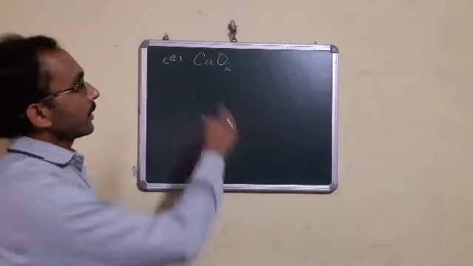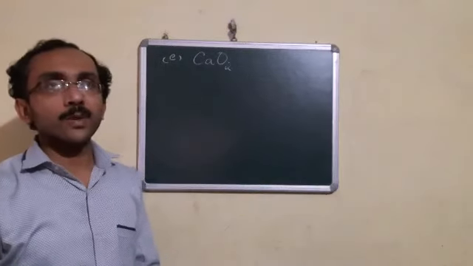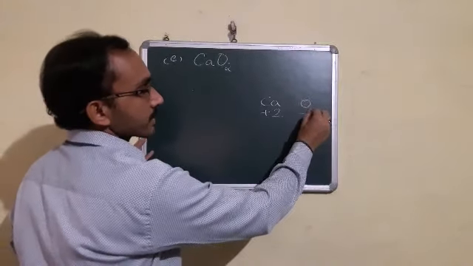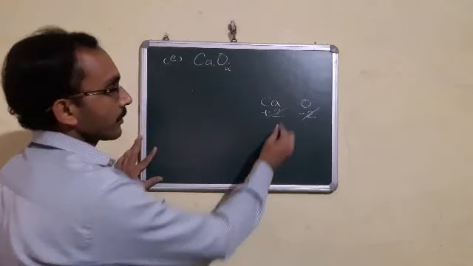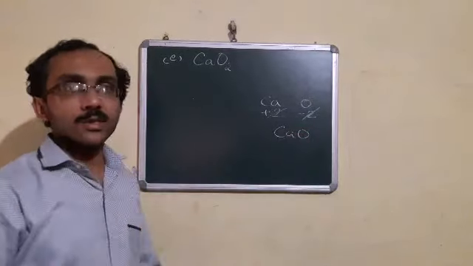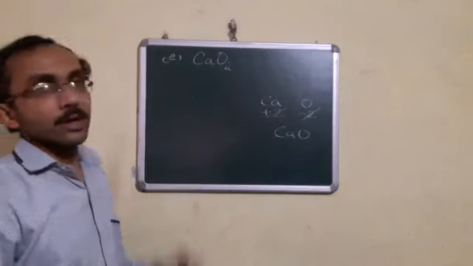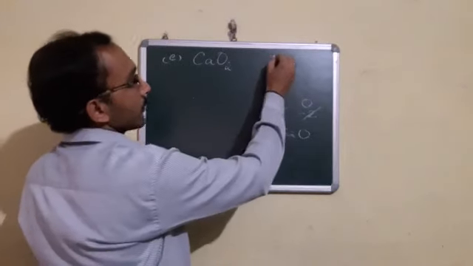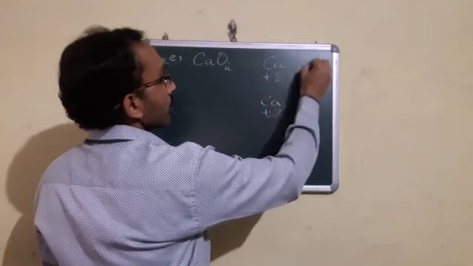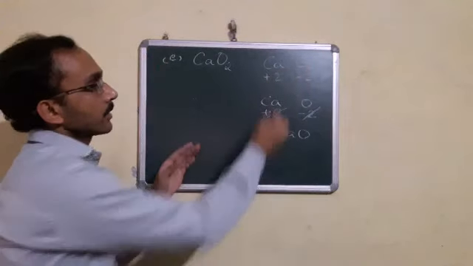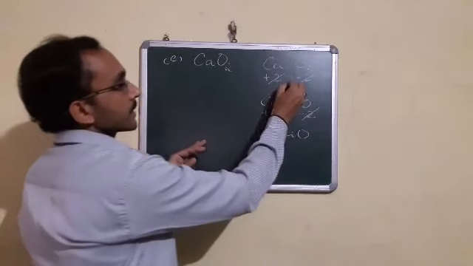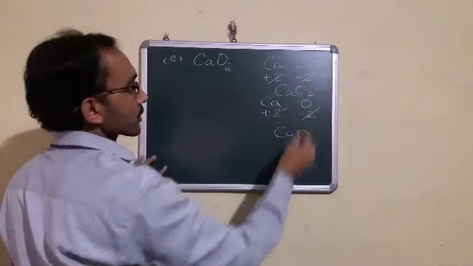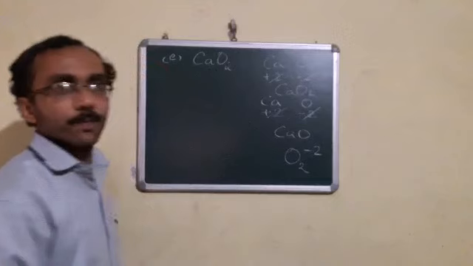Now see the fifth part, it is calcium peroxide. How did we come to know it is a peroxide? We know that calcium is in the second group, its valency is +2 and oxygen valency is -2. That means if we cancel both of them, it is CaO, that is calcium oxide. But here it is written CaO2. That means oxygen might be here in the form of superoxide or peroxide. If I write Ca +2 and O2 -2, the +2 and -2 cancel, it is CaO2. That means it is calcium peroxide. What is the symbol of peroxide? It is O2 -2. Fine.